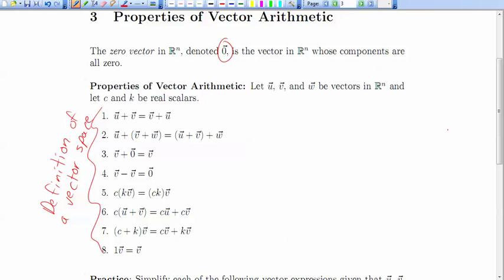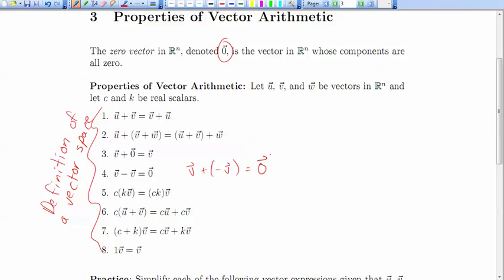For number 4, what we are talking about is that for every vector v, there's another vector, let's call it negative v, so that v plus negative v is equal to the 0 vector. So that means that every vector has what we call in the business an additive inverse. Now again, this is completely obvious. All we do is switch the signs on all our components. But in other very strange vector spaces, exactly what the relationship is between v and negative v